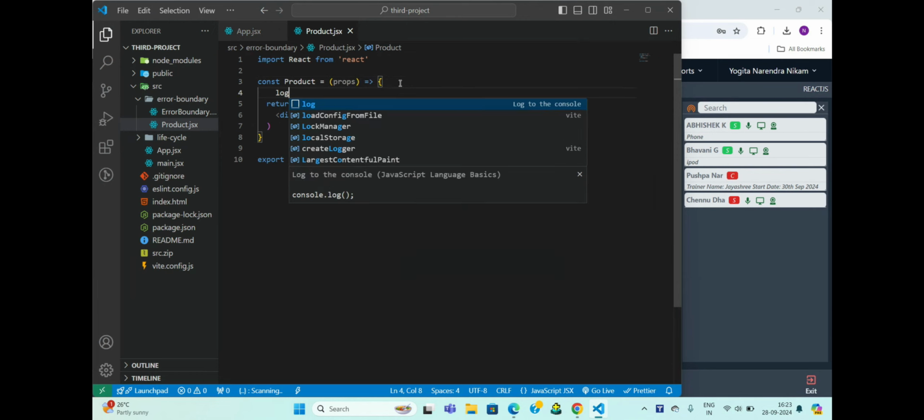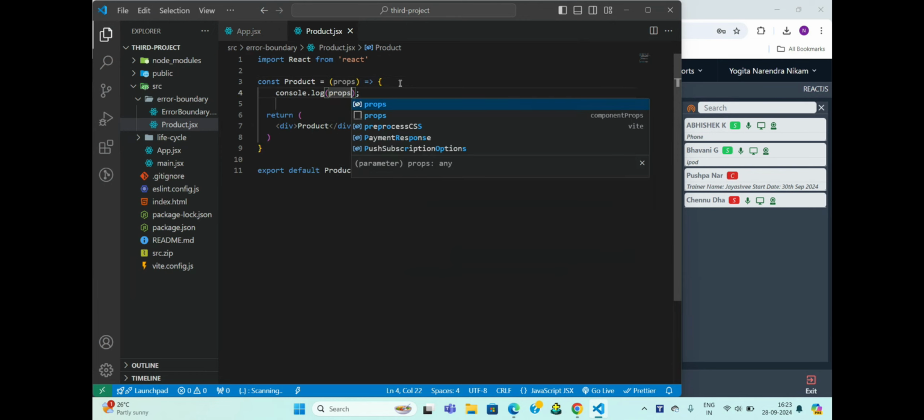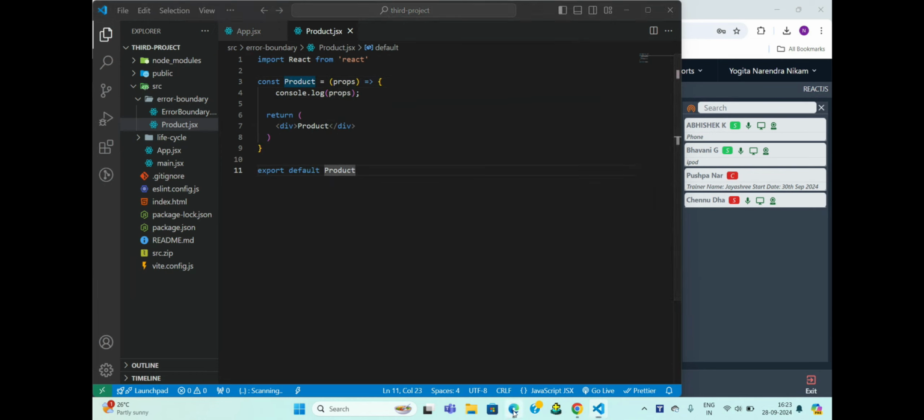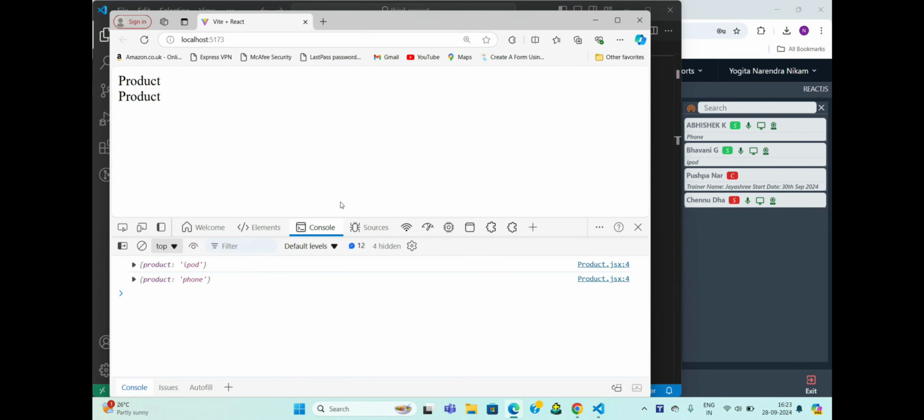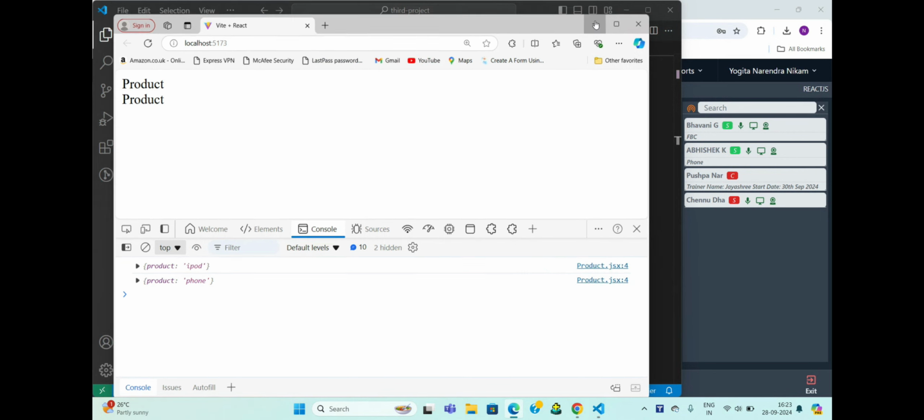Then if you want, you can console and check what you have received in props. Yes, so you will observe you have received both the props. And how do you use it? Yes, functional based component only. I have to use functional based here. So to display these values, what we have to do? We have to destructure.